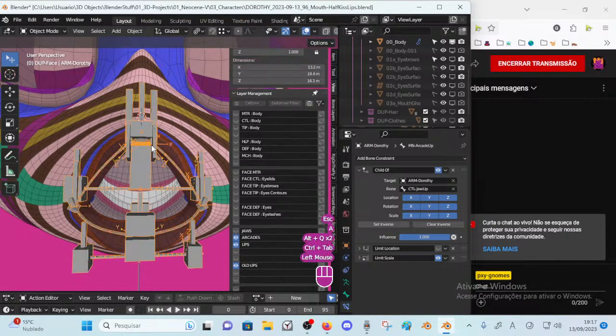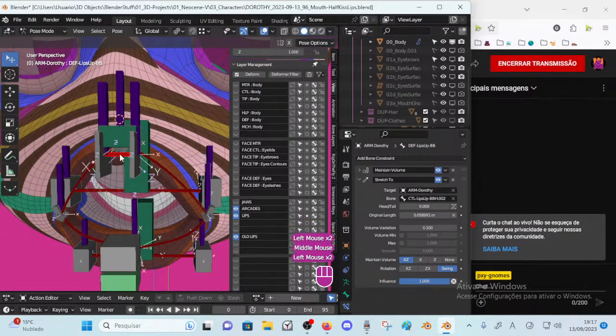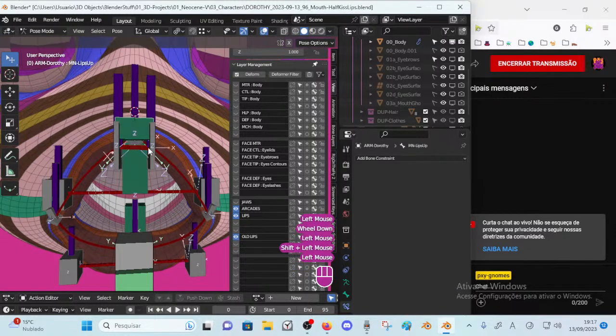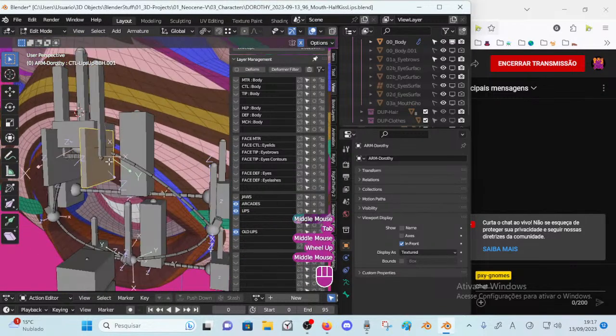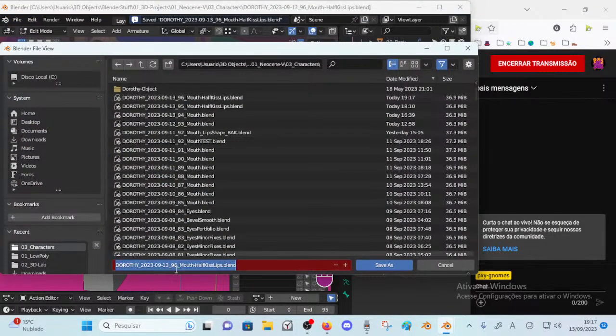All my investigations before were suggesting this was the way to go, but this research indicates that no. And if there is a better way to use this contraption here, I don't know it. So at least I'm glad that I found it out. So let's go melt more splines, lips more splines, sorry, lips more splines,